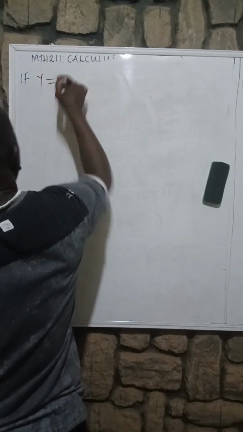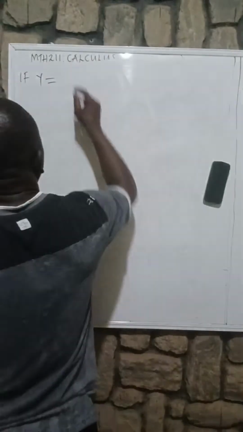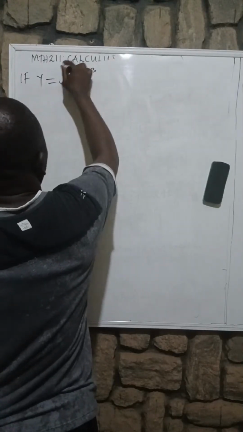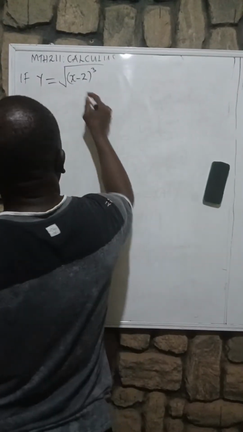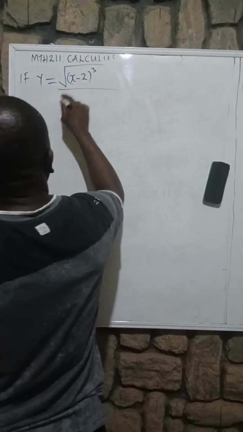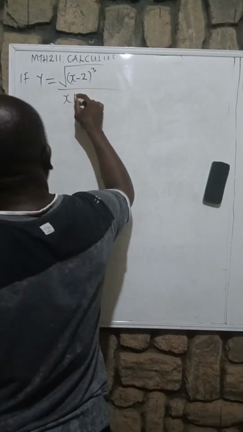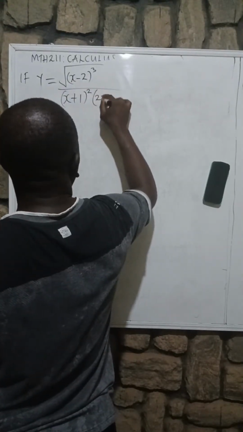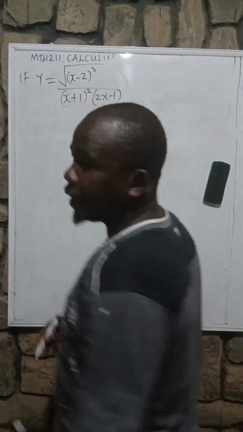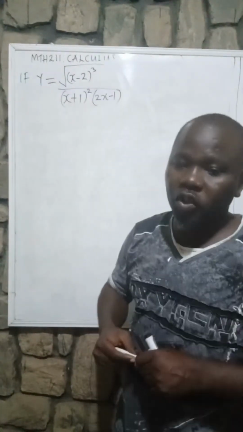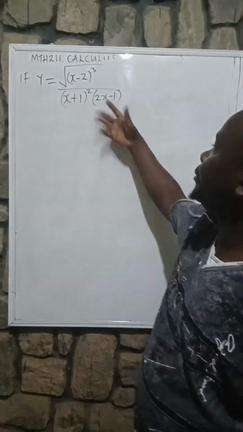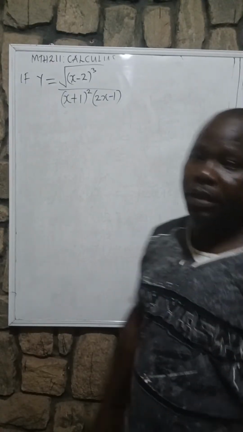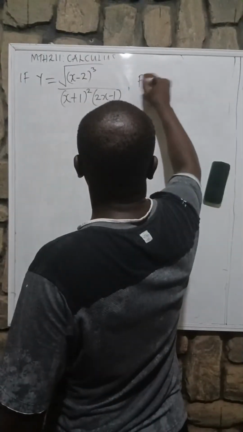If y equals the square root of (x minus 2) all raised to the power of... then square root all over (x plus 1) all squared times (2x minus 1). These are the types of questions you may likely see in your exam. Very important. Don't joke with this question. Now say, find